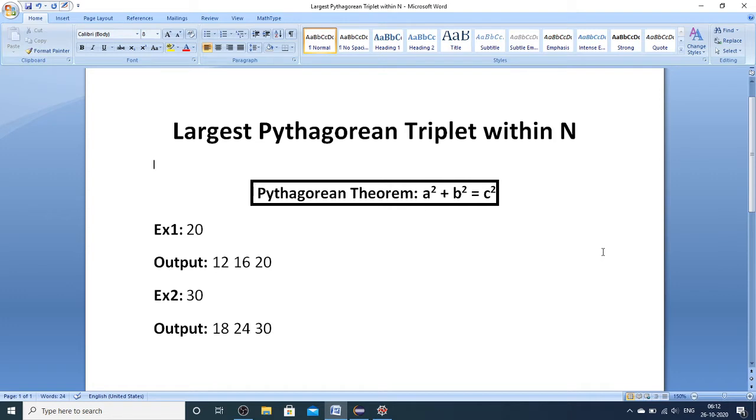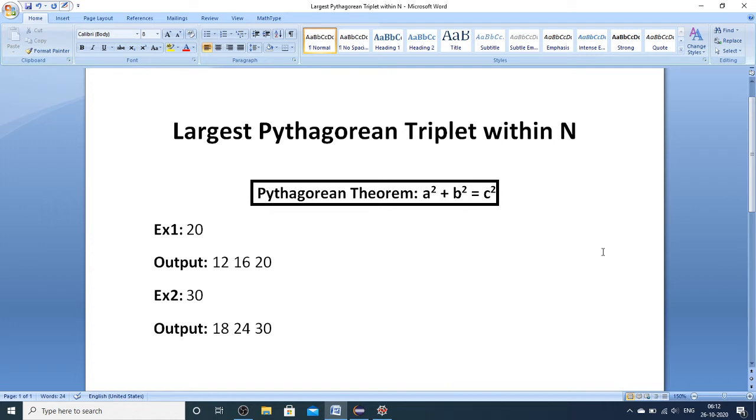I have come up with one more interesting logic building problem, that is, return the largest Pythagorean triplet within n. So you will be given an input, and you are supposed to return the largest Pythagorean triplet that will be within n.